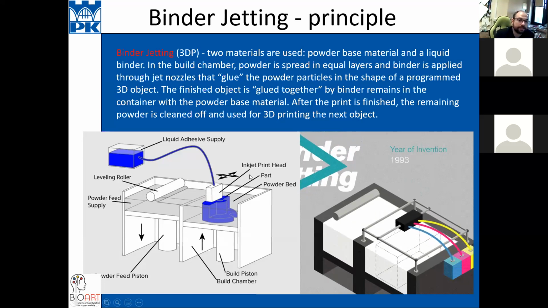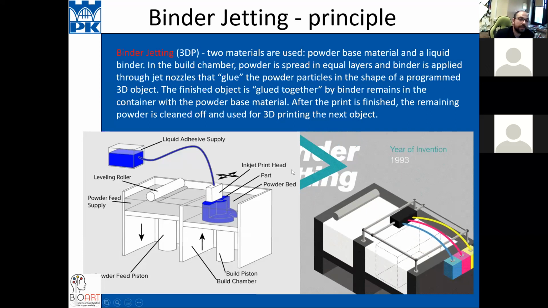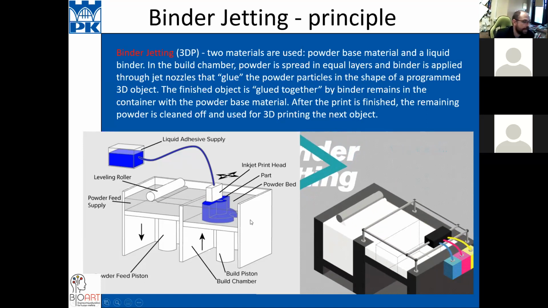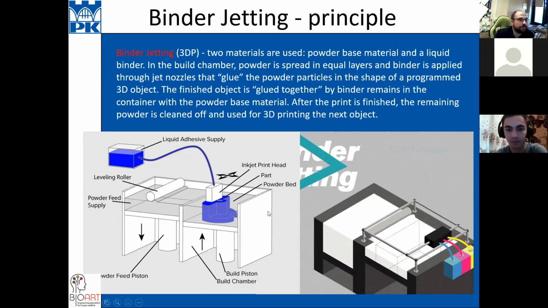the powder. Next, this table goes down, this table goes up, and you put some materials from one container to another. And the same situation, you use the print head, and you can connect the particles of layers and particles on one layer. And in these techniques, in some cases you don't need support, but it depends on what you want to print. In more cases, they use this technique to print some things for casting or something like that.